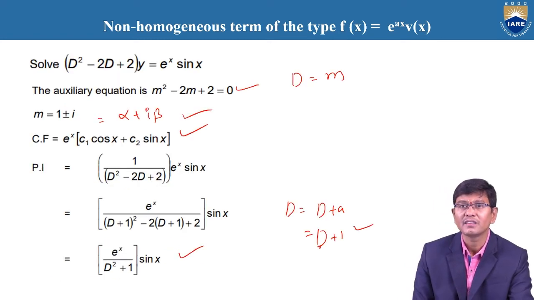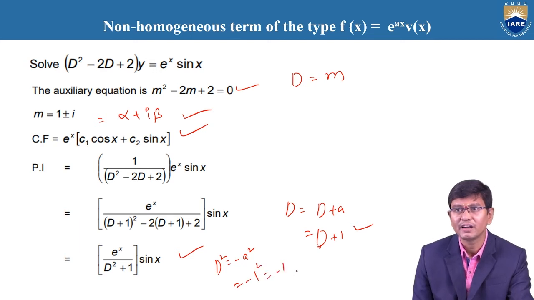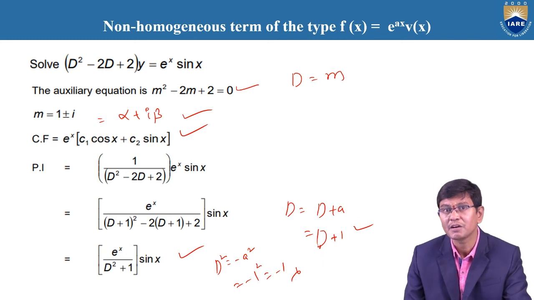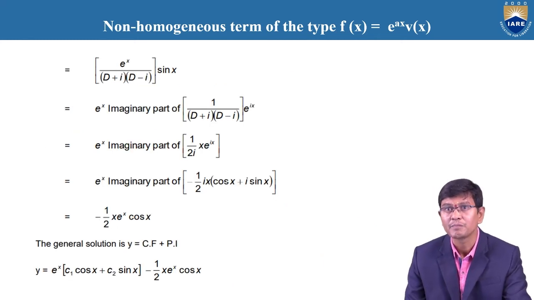In the denominator once again it is type 2. We need to replace D square with minus a square, which is equal to minus 1, 1 square is equal to minus 1. The case is a failure. Either we follow the case of failure, with which we directly obtain the solution, otherwise by using the